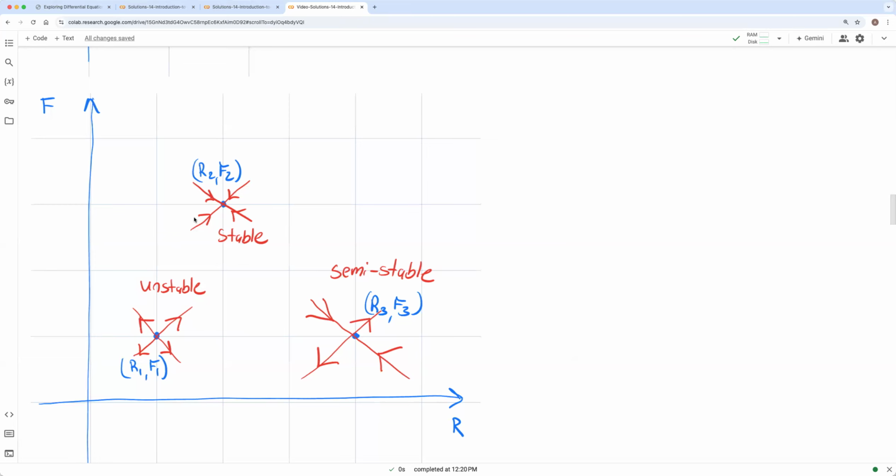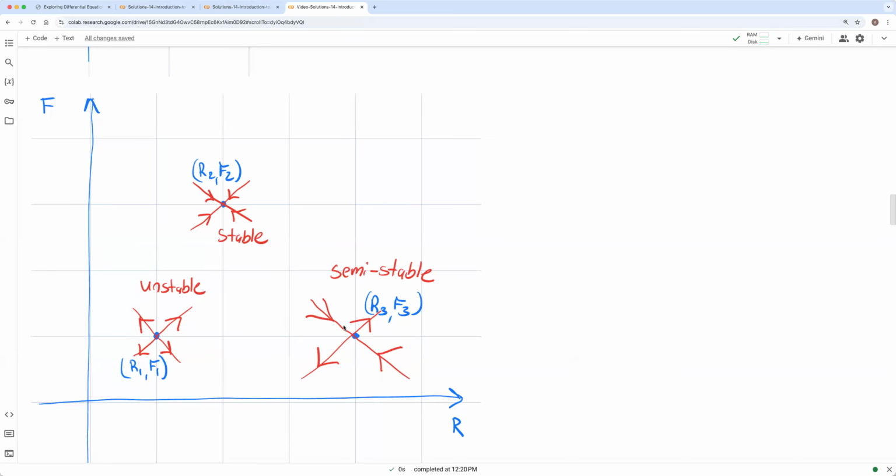It's possible we could be in a scenario like at an equilibrium such as R2, F2, where if we start with an initial condition close to this point, as time goes on, those solutions will head close to R2, F2. And a third possibility could be, well, here we are at R3, F3, and some initial conditions,